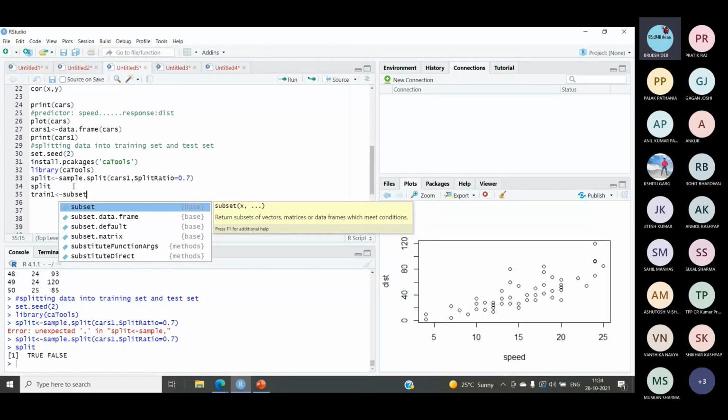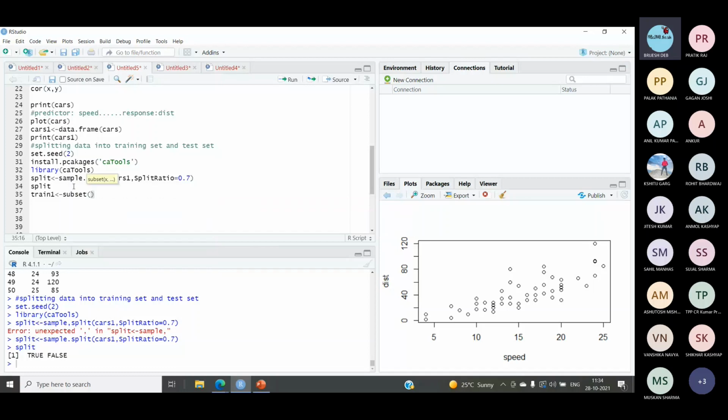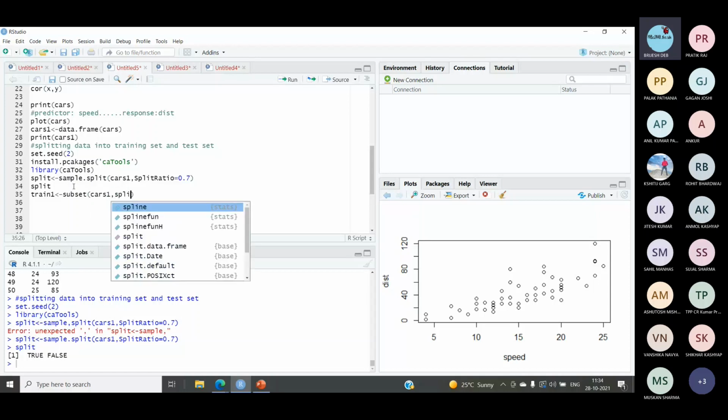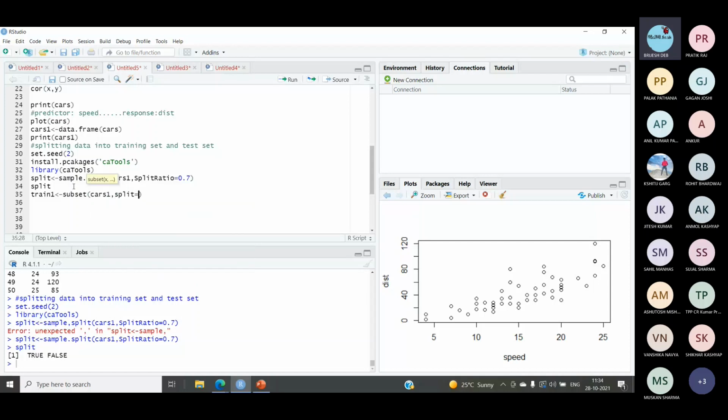Here we will be specifying the conditions based on the true and false that we have got from the split. So inside the subset function, the first parameter will be the name of the data set which we want to split, so cars, then split equal to TRUE we will use.